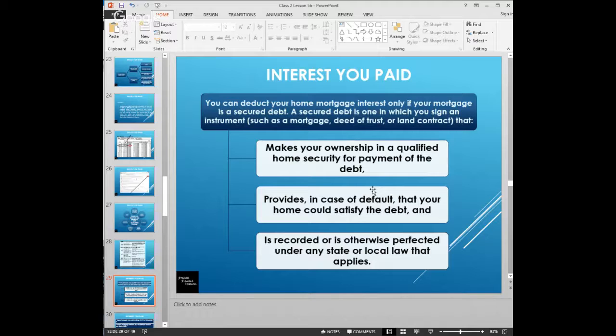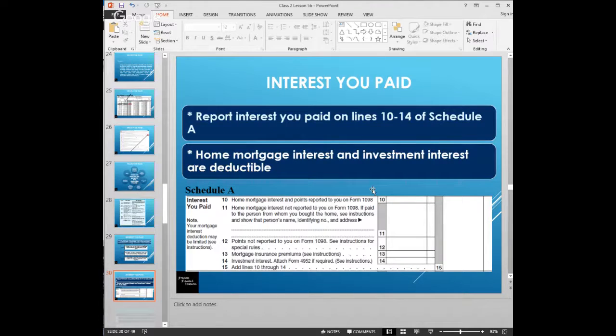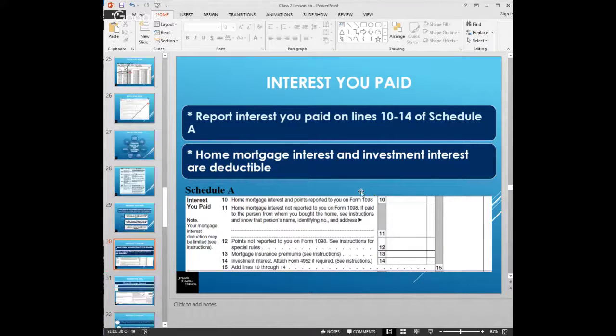And those recording fees are deductible as a tax that you paid. So the interest that you pay for your home is deductible. You report the interest that you pay here in the interest section. Home mortgage and investment interests are deductible. And there is a way to deduct your